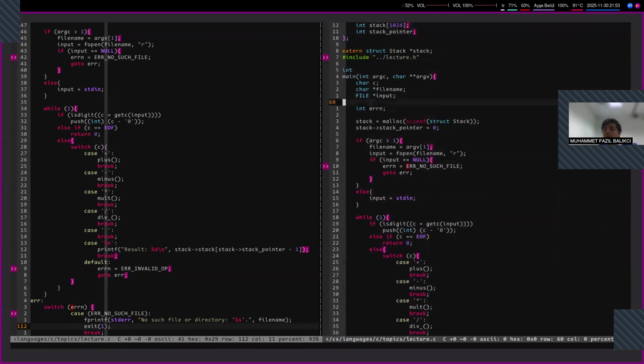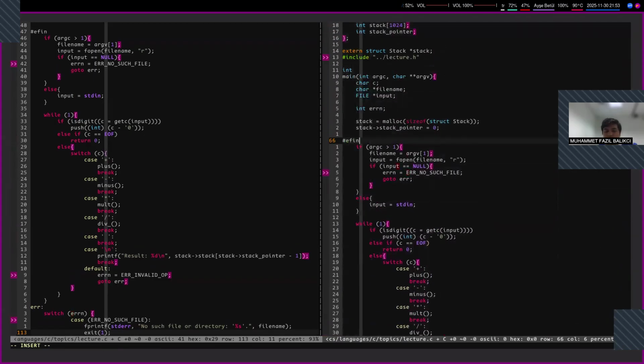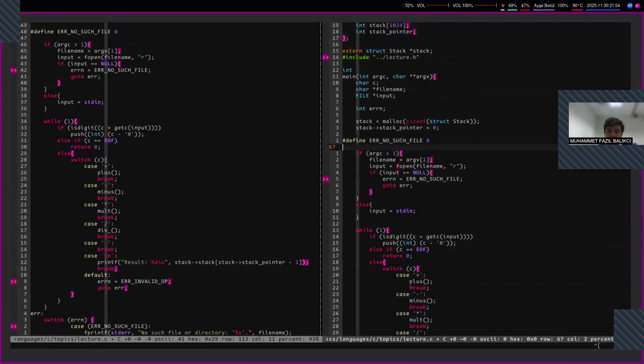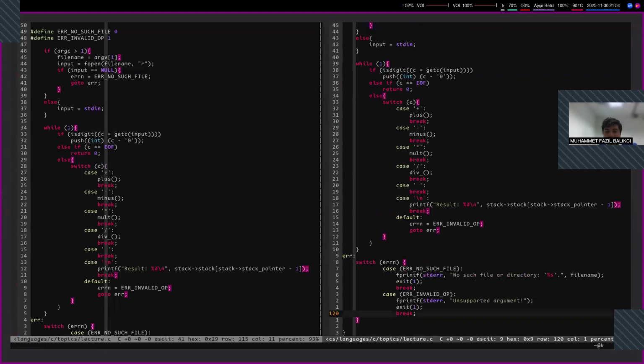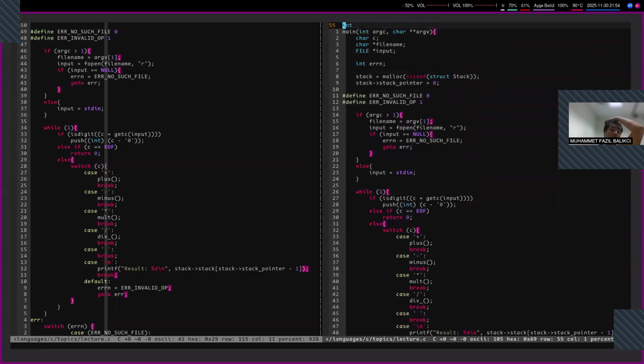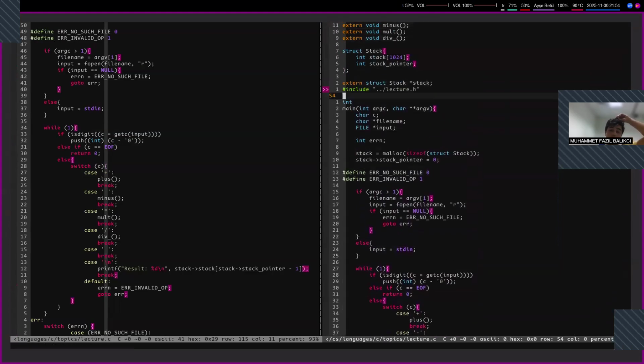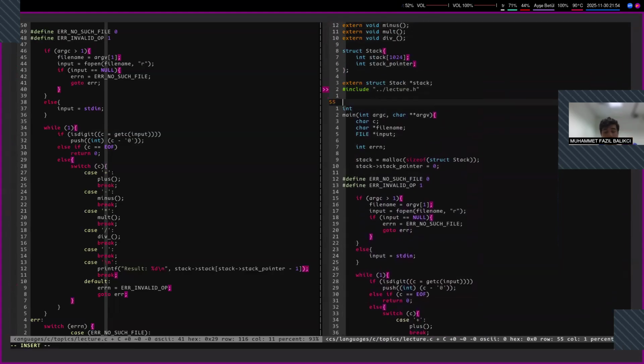So we can do this two ways. We can define, you remember to define no such file to be 0, and then invalid operator to be 1, invalid op to be 1, and the code works just as fine. As you can see, there are no errors. And we can do this another way, which is to declare an enum,